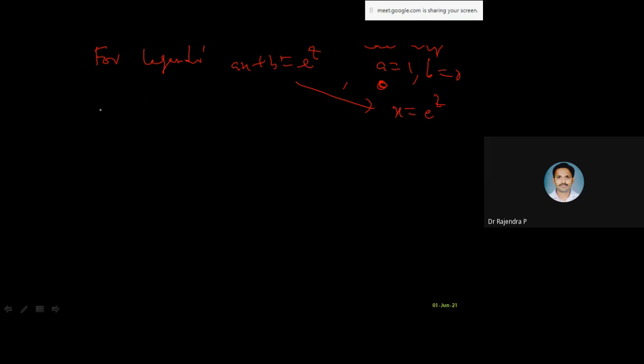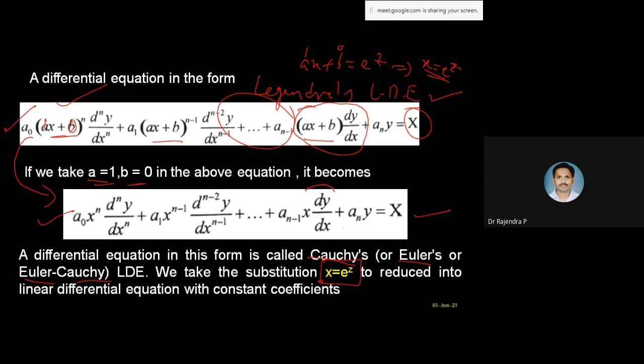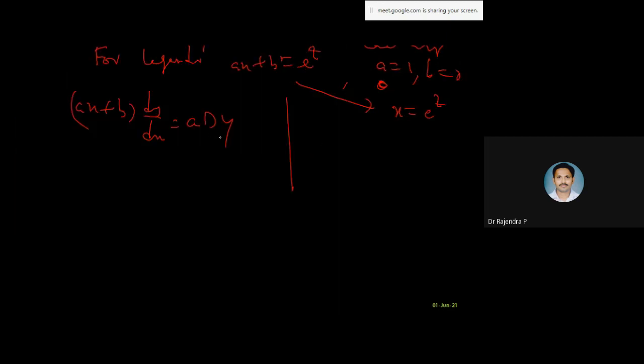So in this case we observed we need to substitute this ax plus b into dy by dx, which is equal to a into dy. Here in this case we have only x dy by dx. You see this term x dy by dx. Because a is equal to 1 and b is equal to 0, I will get x dy by dx from this. The value of a is 1, so simply I will get dy in this case.